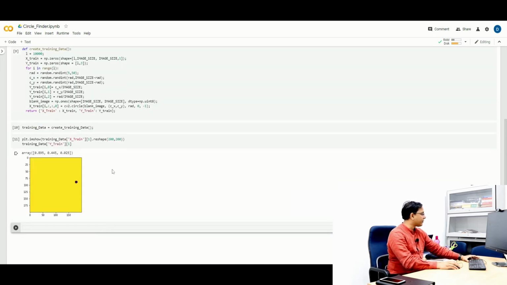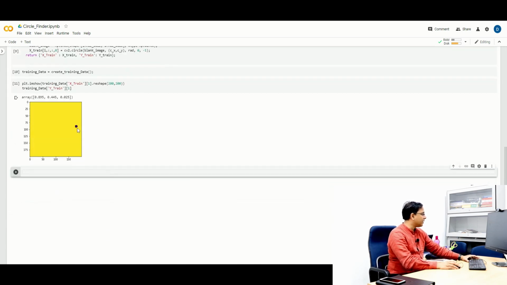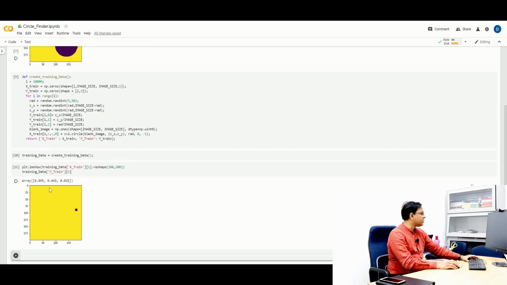And you see we have a circle in this image. Okay, what is this showing? This is showing that